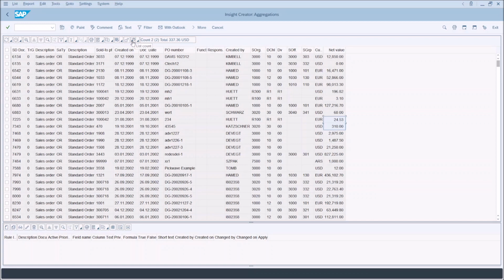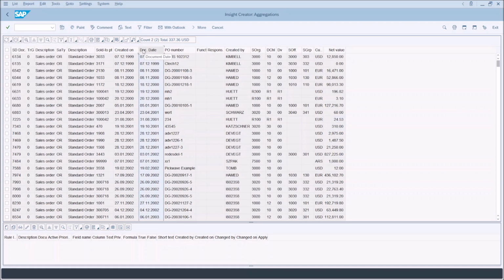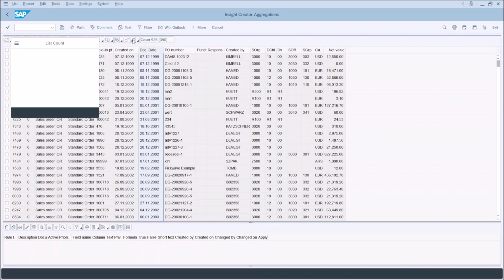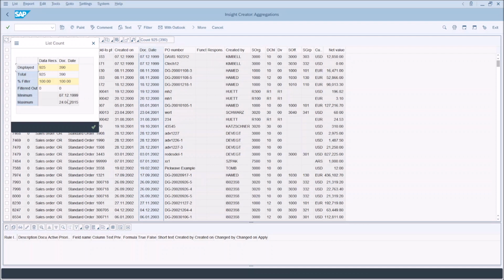the list count. So I can just apply it, and it will show me all the information about this Insight. These are the number of records, and nothing is filtered out. If I select a column, the list will tell me the same thing about this column, and if I use the list with aggregations, I'll be able to get the minimum number, the minimum date in this case, and the maximum. Okay, so this is per